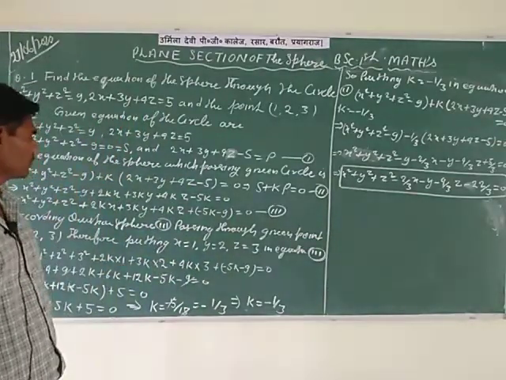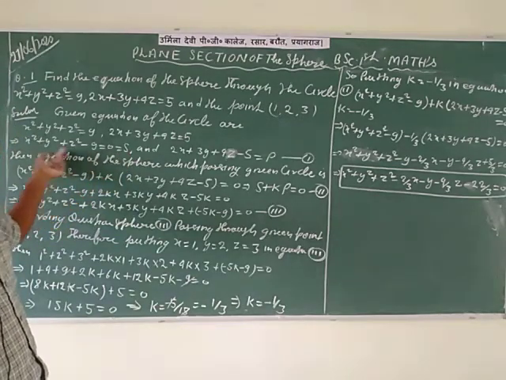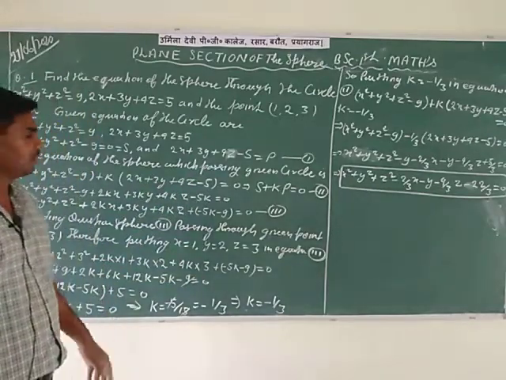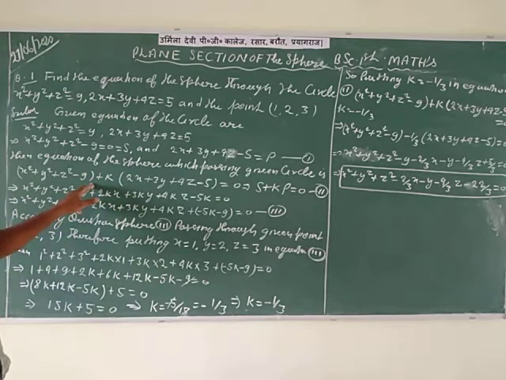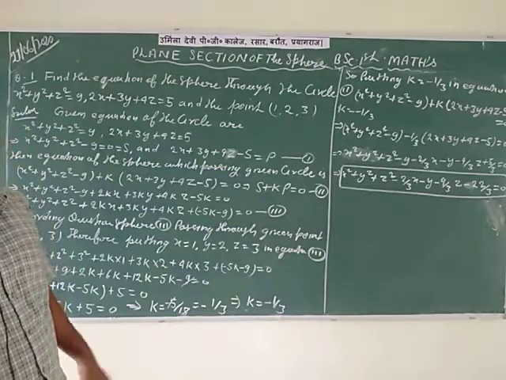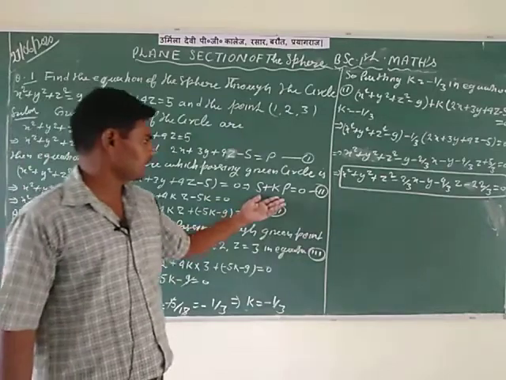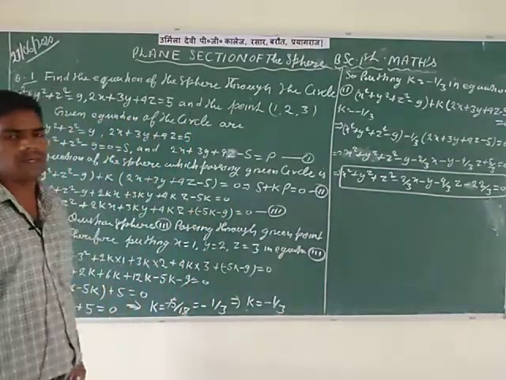Combine these two equations, the sphere and plane equations. S means sphere, so the sphere is denoted by this, and P is denoted by the intersecting plane. Combine these two equations S and P. So x² + y² + z² − 9 + k(2x + 3y + 4z − 5) = 0. Here k is an unknown number, so it is also written in the form S + kP = 0, where S is the sphere and P is the given intersecting plane.